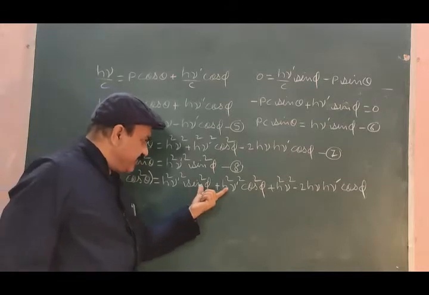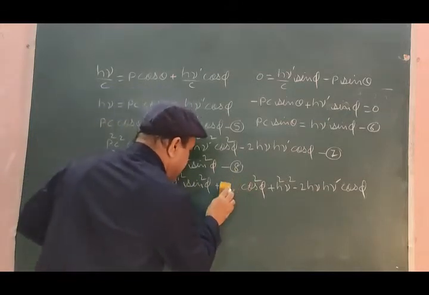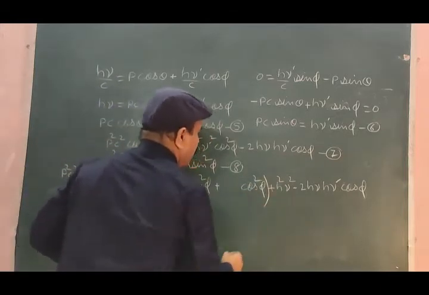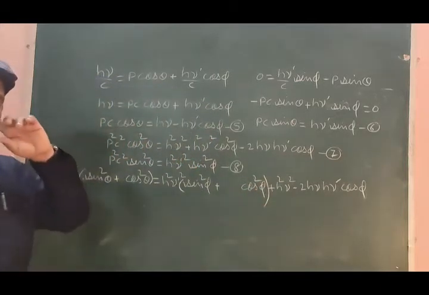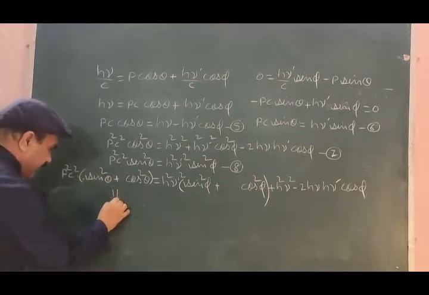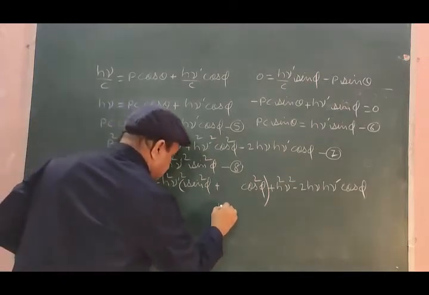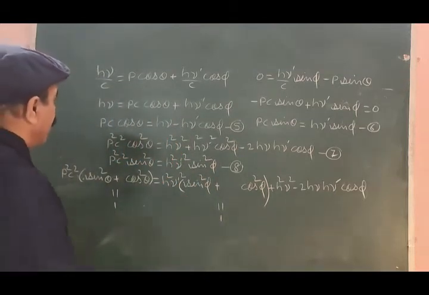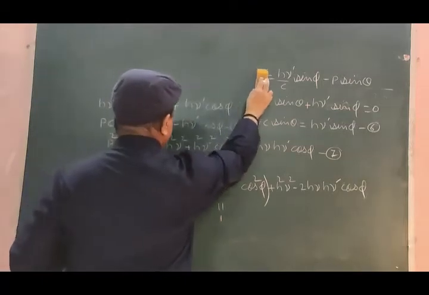Let us do the same thing here: h square nu dash square taken common, and what is left in the bracket is sin square phi plus cos square phi. Each bracket is equal to 1. And therefore, what we get finally is